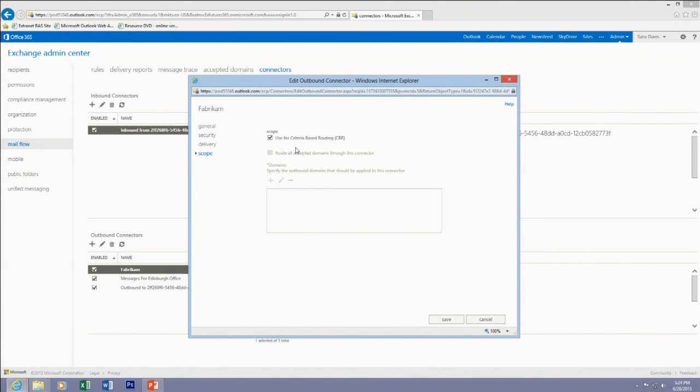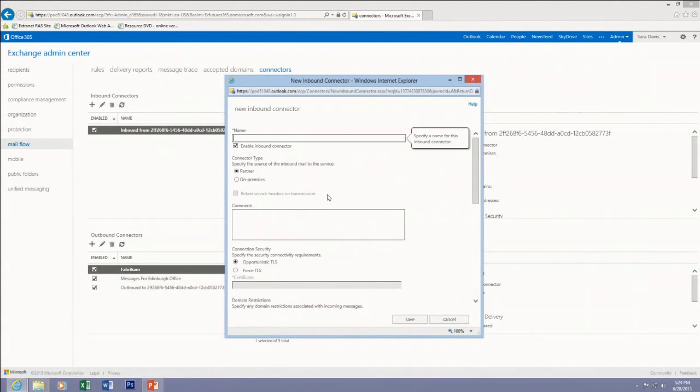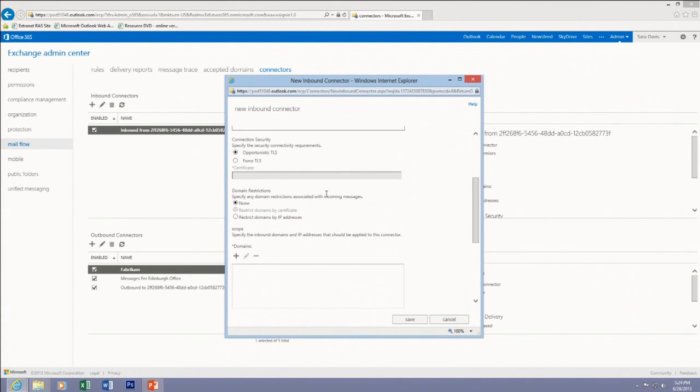So I've done some work with maybe some government departments. They've got different classifications of mail. And they may want to route some sort of secret or secure mail out of a particular connector, which is then secured to a specific location. That's something absolutely that you can do based on the rule engine, picking up the classification, and then the criteria-based routing. So, again, we can cover that both with outbound and, of course, inbound connectors,